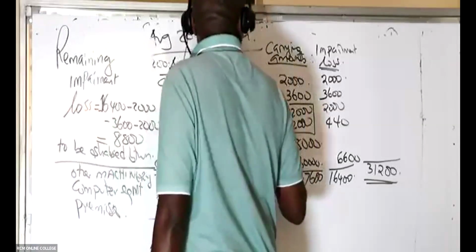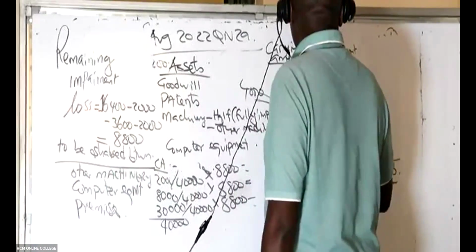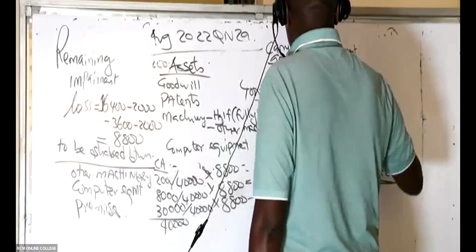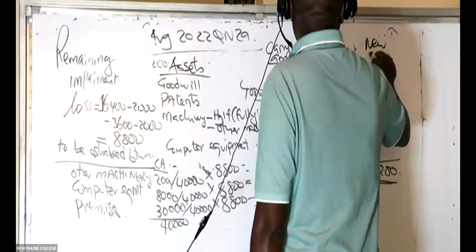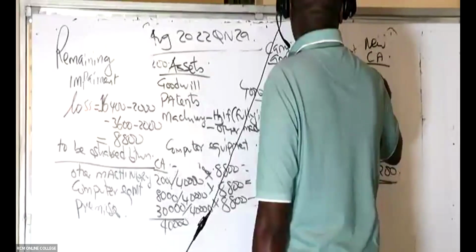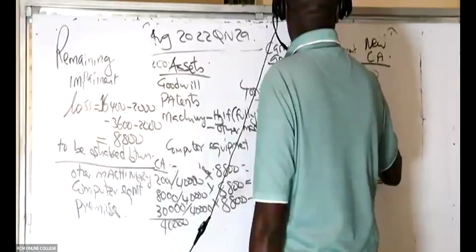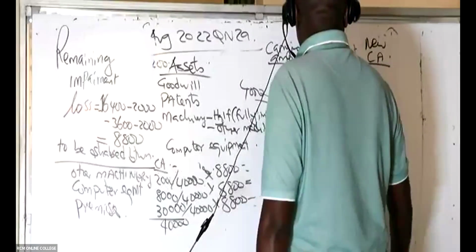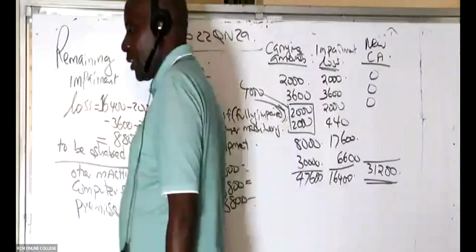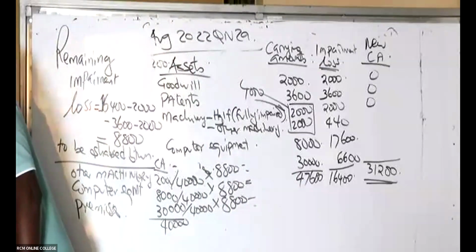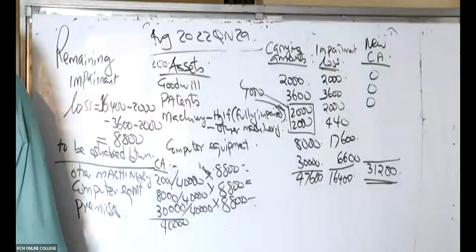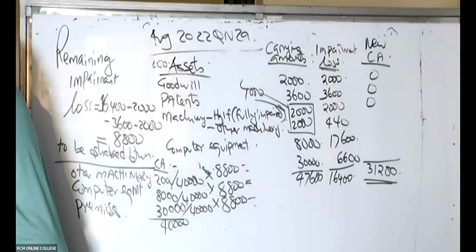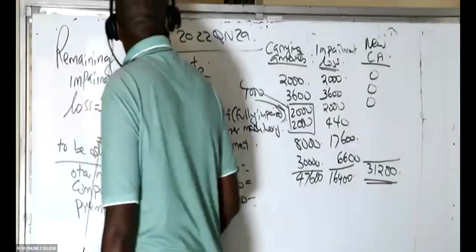1760, thank you very much. Then I should be able to get the new carrying amount that I'll take to the financial statements. So we have here the new carrying amount. Of course, this is 0. This is 0. This is 0. This will be 1960, the year that I was born. Oh, it's 17, is it? I have a problem with machinery. Okay, I'll be able to solve it. 1760.